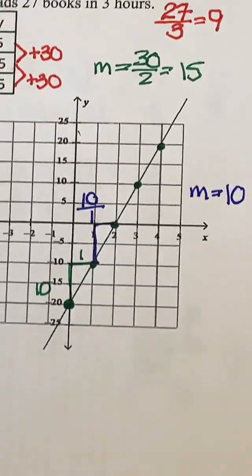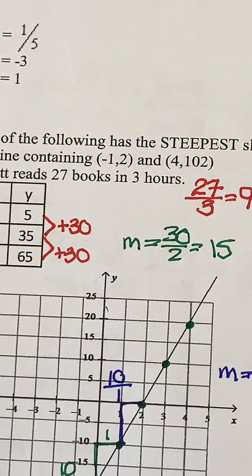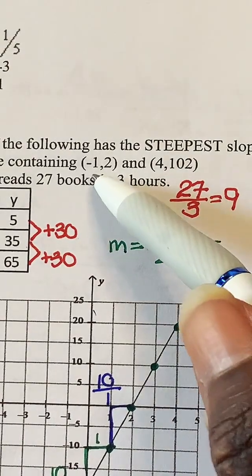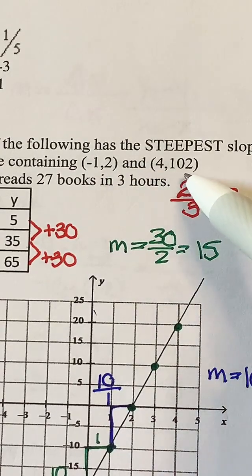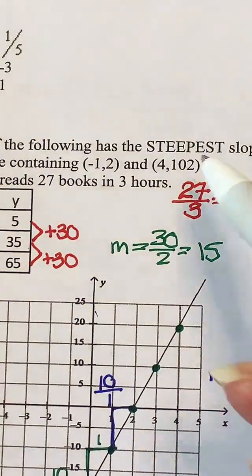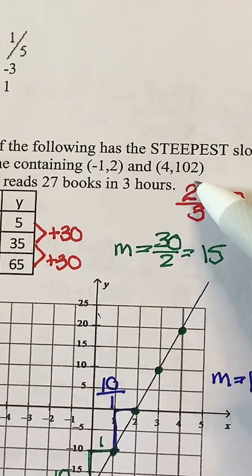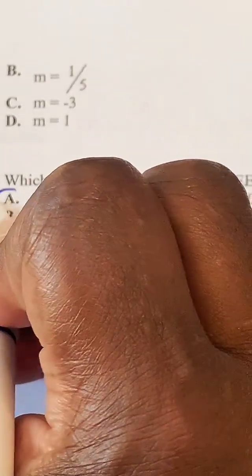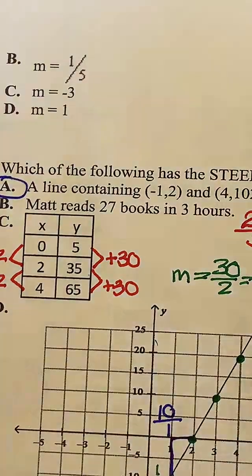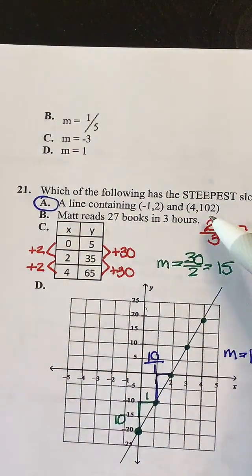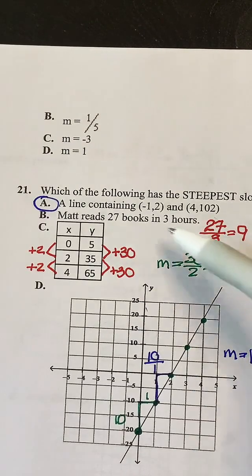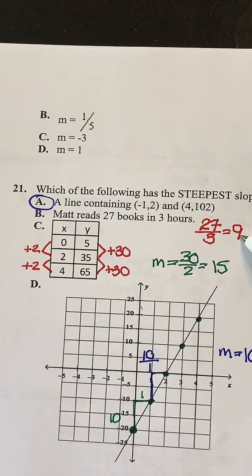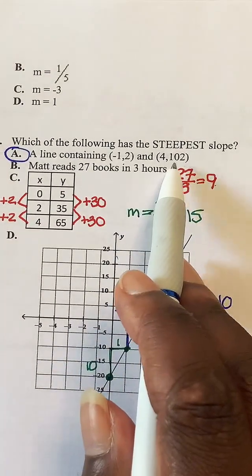But then when you get to number 1, look at this lovely ordered pair. -1 and 2. Aw, cute. Kind of close together. And then all of a sudden, 4 to 102. 102? Whew. What are you, climbing a mountain? Okay. That, without even doing anything, that is my answer, because this is going to be mad steep. Okay? Right? So, although you may do the slopes of all the other ones, because of this one,